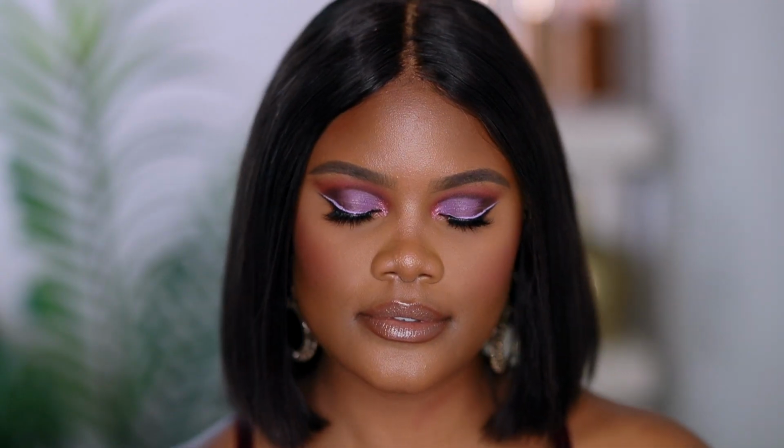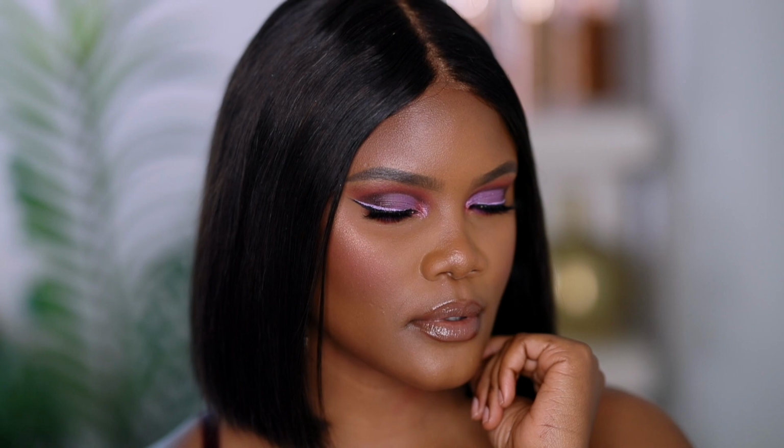This is it for this purple smoky. I would say it has a little bit of smoky in there. It definitely has a little bit of color. I love this eyeshadow look. It's easy to create. The only hard thing really is just that pastel eyeliner, putting it on top of that black eyeliner. It's kind of difficult, especially making it really straight and really neat. It requires a lot of concentration, but other than that, it's a super simple eyeshadow look to create,